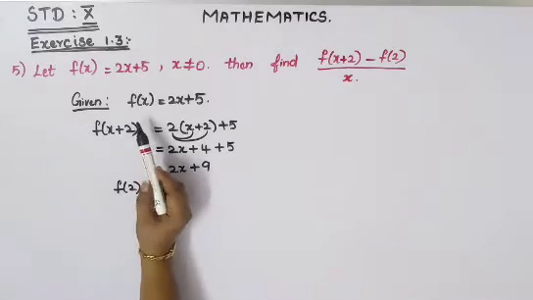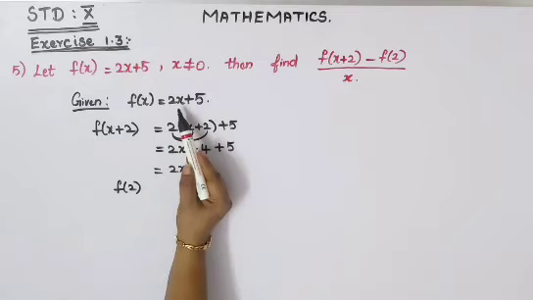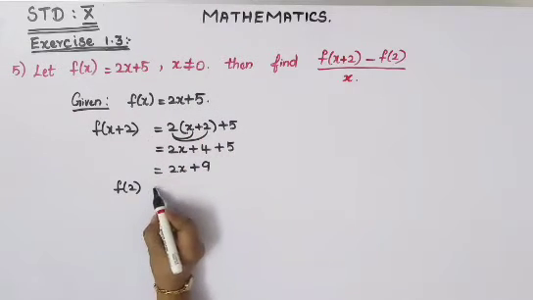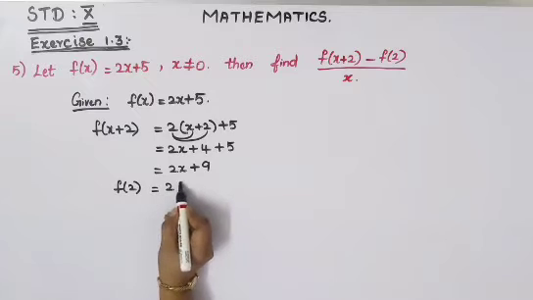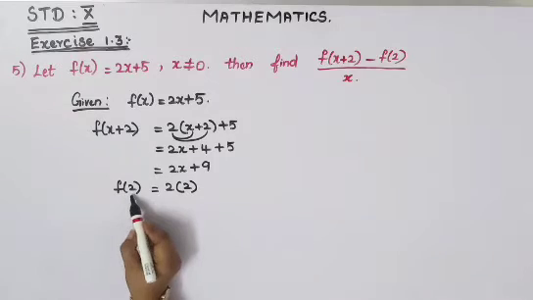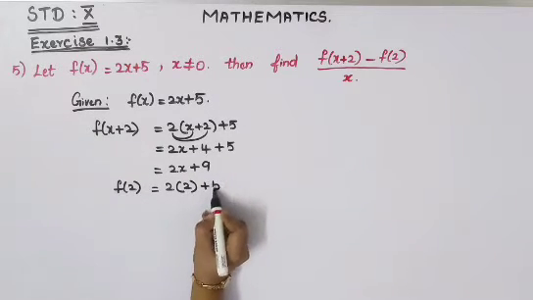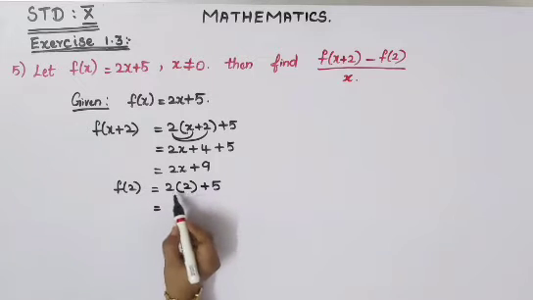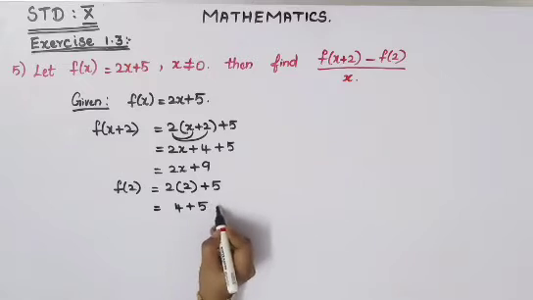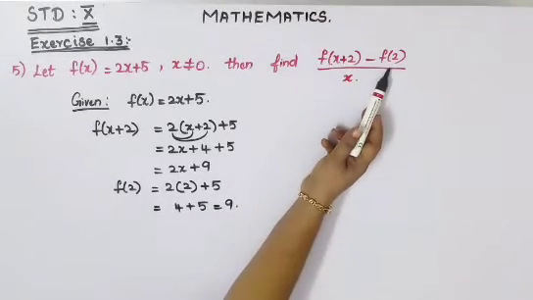Now see the question, f of x, in the place of x we have got 2. So towards your right hand side also, wherever x is there you will have to put 2 only. Okay, so that is equal to 2 into, instead of x you will have to put 2, because we are writing here 2, then here also you will have to write 2 only. Okay, so plus 5. So which is equal to, now over here solving, 2 2s are 4 plus 5 which is equal to 9.